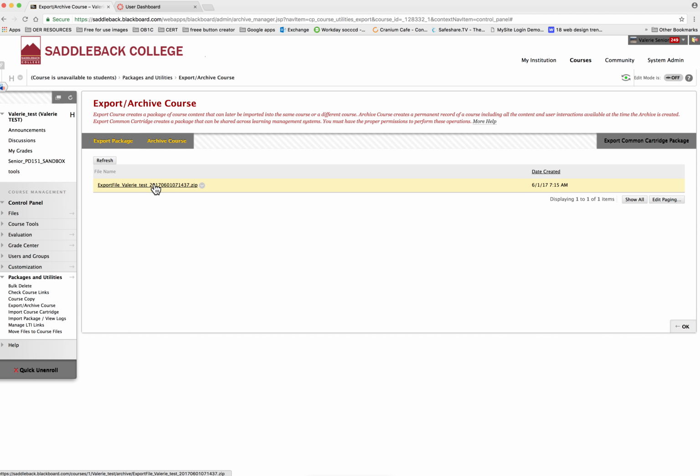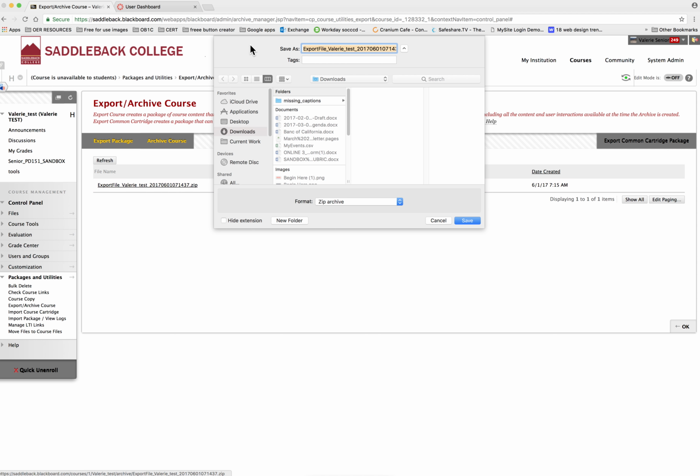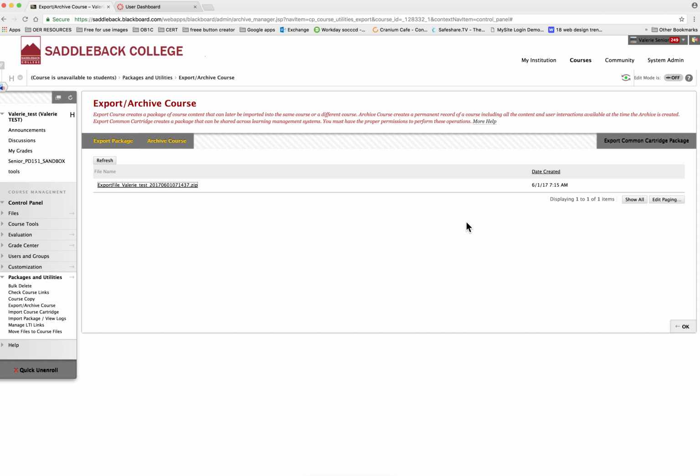Once you have clicked on the export package and you see this zip file here, click Export File. A dialog box will pop up and give you an option to save the file. Some PCs give you the option to open or save. You always want to save. Go ahead and save it on your desktop or in your downloads files. Once the zip file has been saved